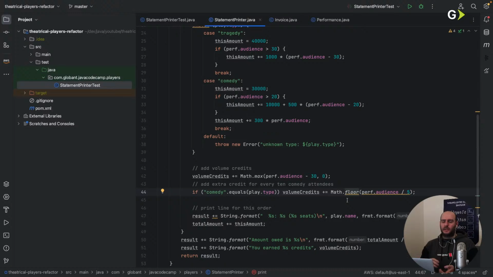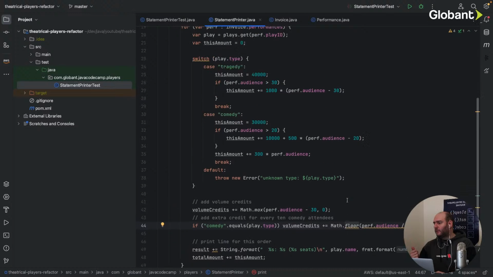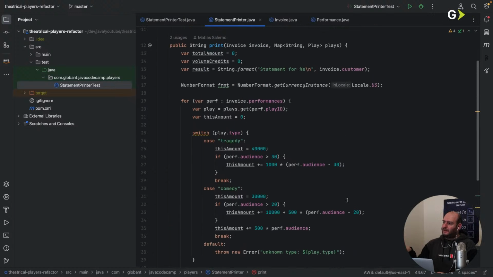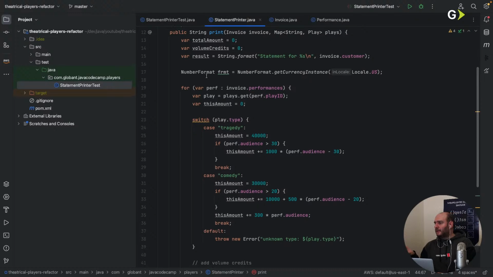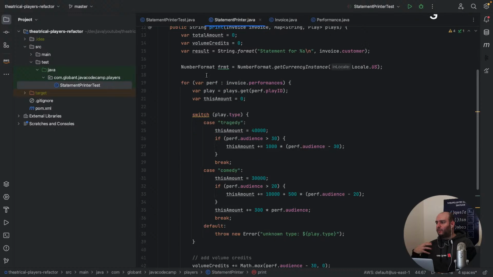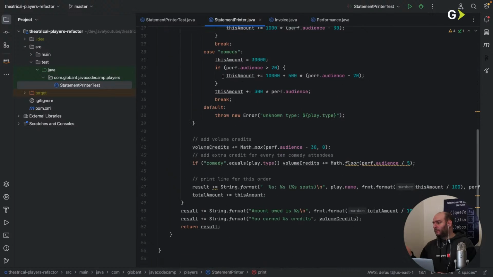We can create a JSON, we can create an XML, we can switch formats, because not every client will use the same format. Maybe there is one client that will use JSON, for example. So what we can see here is that if we want to change this to print in JSON, we would need to come here and say, for example,